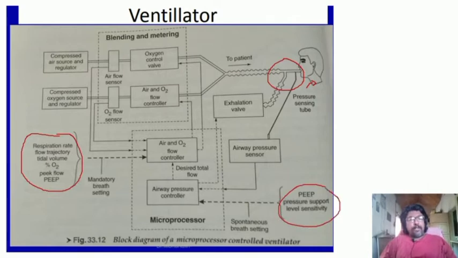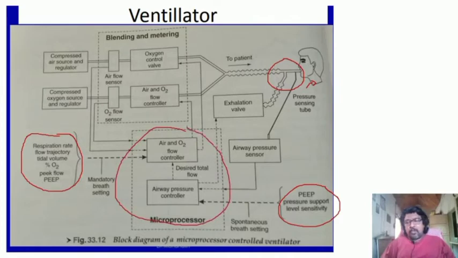the PEEP value. The PEEP value is nothing but positive end expiratory pressure in the lungs above the atmospheric pressure that exists at the end of the expiration. That is, at the end of the expiration, what is the amount of the expiratory pressure inside the lungs that is above the atmospheric pressure, right? This is a very critical parameter, and this information will be collected, and it will play a huge role in this microprocessor based controller, right?